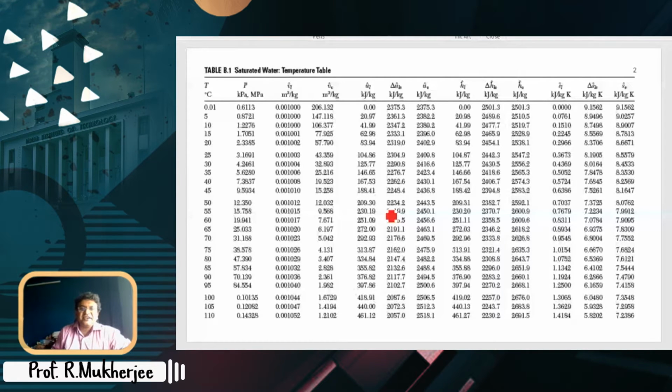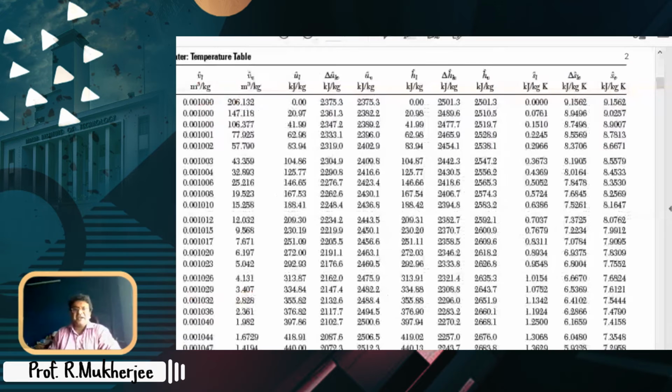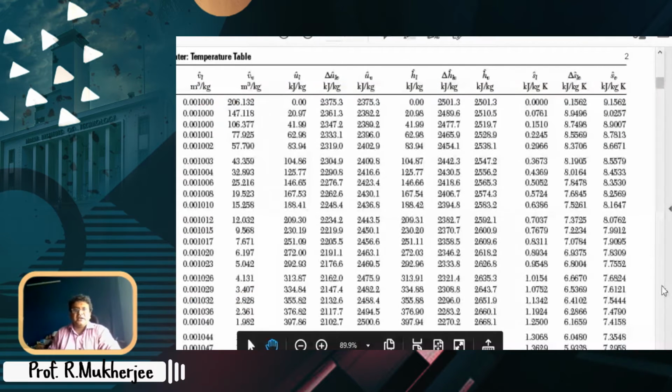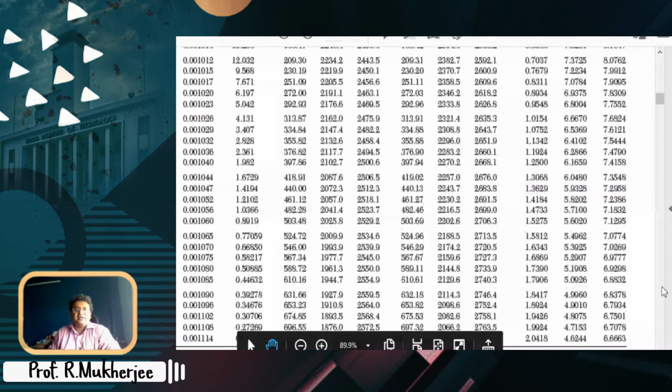So if your temperature is 100 degrees centigrade, you know that the saturation pressure is 1 atmosphere, which is in kilopascal, it is given. So there is a question whether it is kilopascal or megapascal. If you just look into these numbers, there is only one transition. You see the numbers increasing, 84, 70, 84. As it turns 100, it is being converted to MPa. It's just one transition. Rest of the data, if you go to the next page, you will find that the numbers are now all in megapascal.